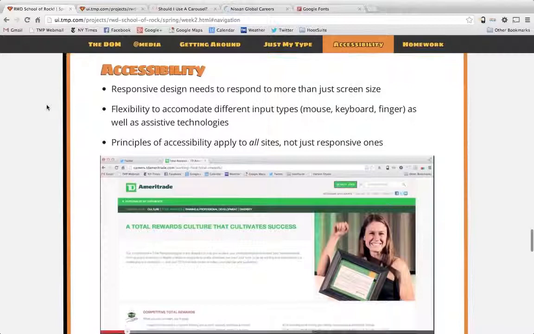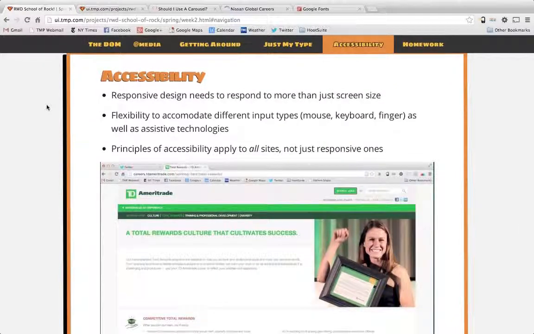accessibility. Now, accessibility isn't something that's necessarily specific to responsive design, but it's something that we should always keep in mind. And since I've gotten your attention, I might as well use this time to remind you guys about accessibility and how responsive design needs to respond to more than just screen size. You also have to accommodate different input types. And this can be really tricky because if you have a button, you're designing that button for someone that might be tapping it with their finger, might be hitting it with a mouse, or might be tabbing to it with their keyboard. And so you have to kind of have all those things swirling in the back of your mind